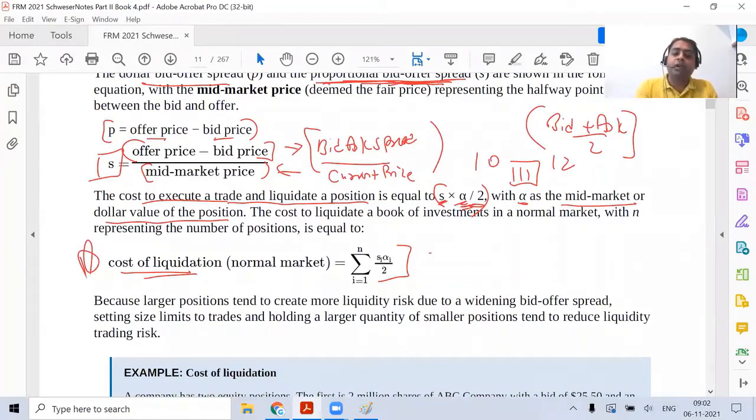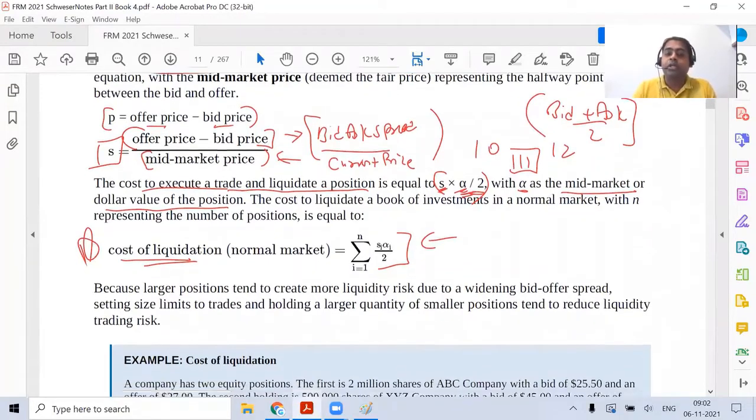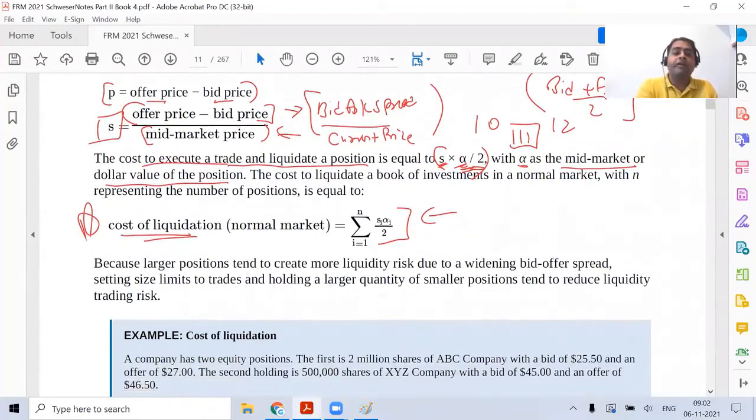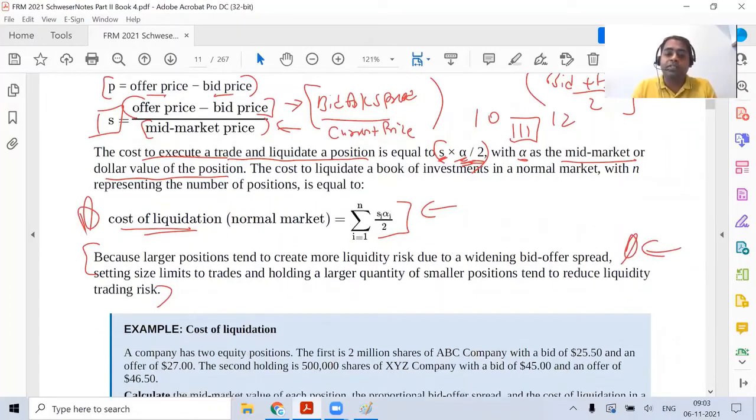This formula is also shown over here in the question. I will come to this paragraph which is given over here. It is also important, but I'll come to this paragraph once we're done with the question. We'll try to verify the formula which has been given.